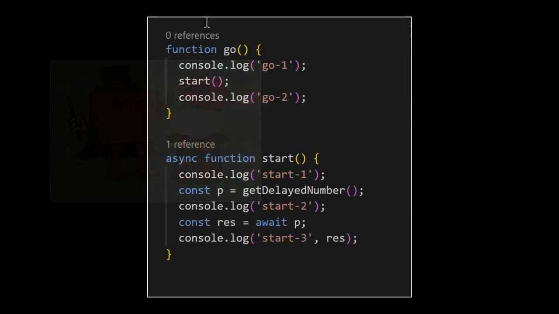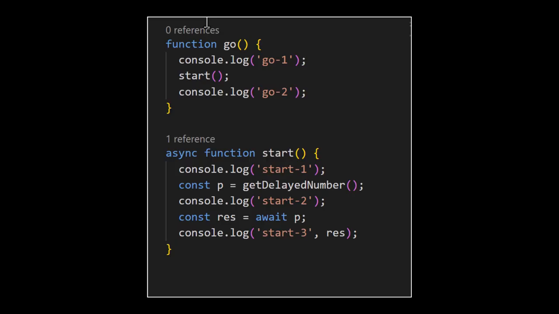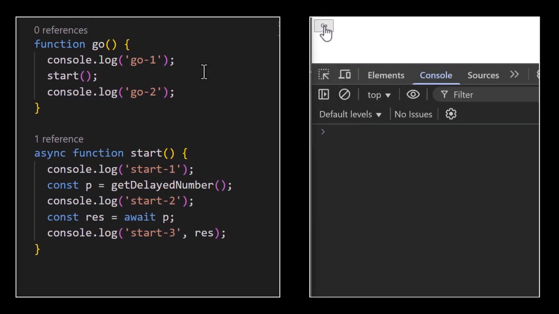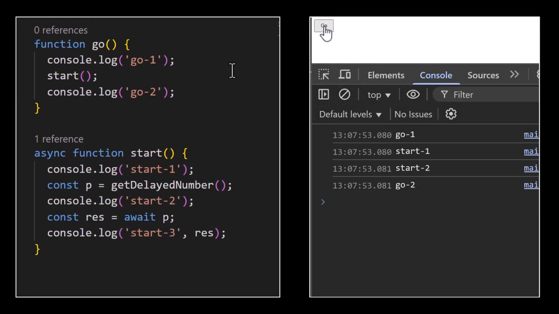To do this, let's go back to the example from a couple of videos ago, the one with the start and go functions. Just to remind you, we had a go function, a simple function that logs a message and then calls start and then logs another message. It logs go1, and after start finishes, it logs go2. Inside start, we did something asynchronous, which meant we turned it into an async function. We logged start1, then created a promise but didn't wait for it, then logged start2, and then awaited the promise